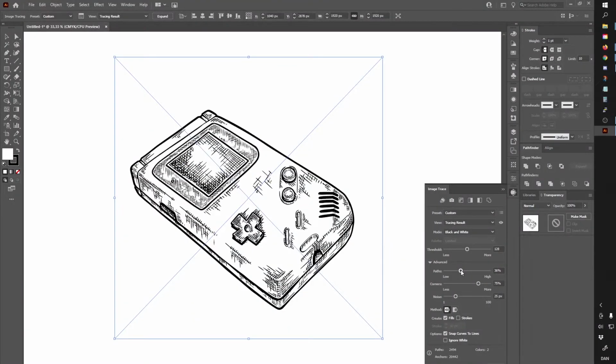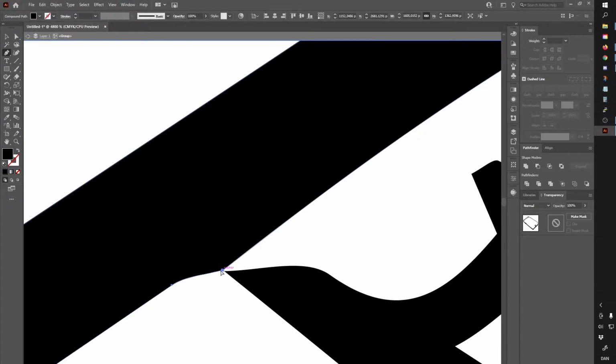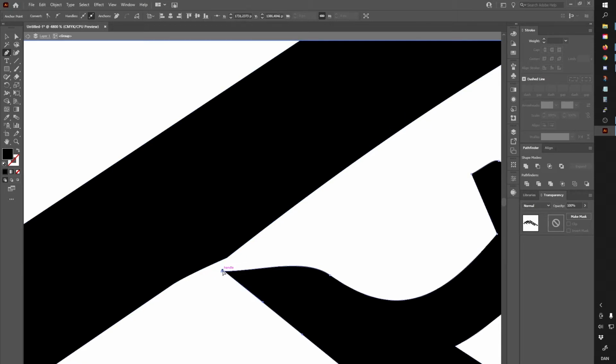When I've reached a good trace, I expand it and go over everything again just to weed out all of the small little squigglies and stray lines I may find. I also try to simplify the pathways as much as possible so I can finish up with a vector file that is as small of a file size as possible. And when I'm happy with that, it's time for